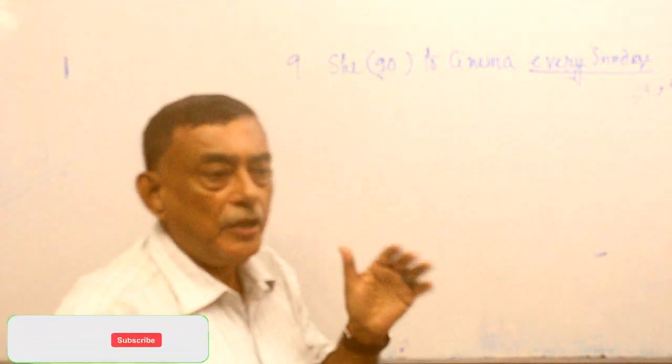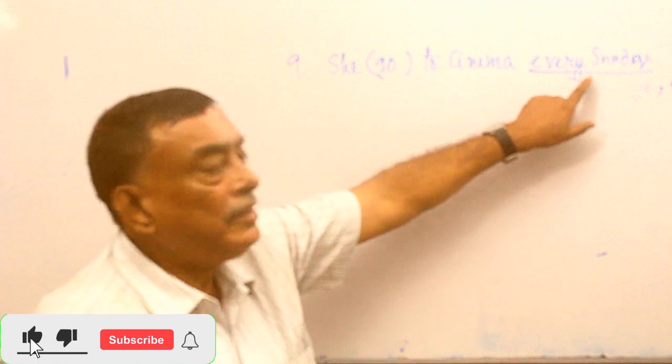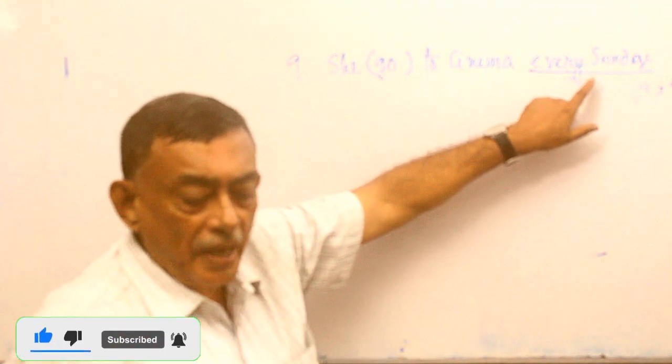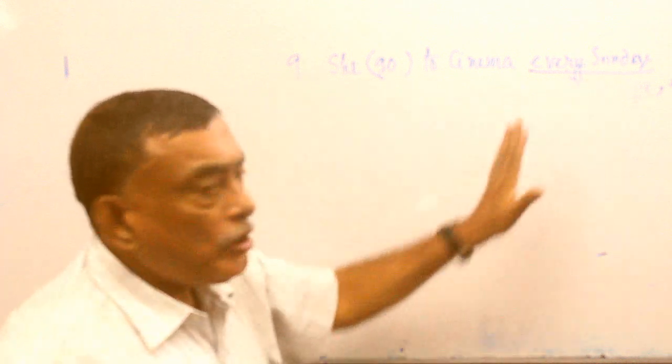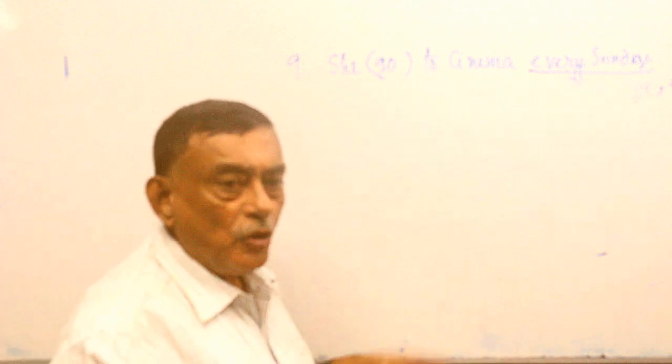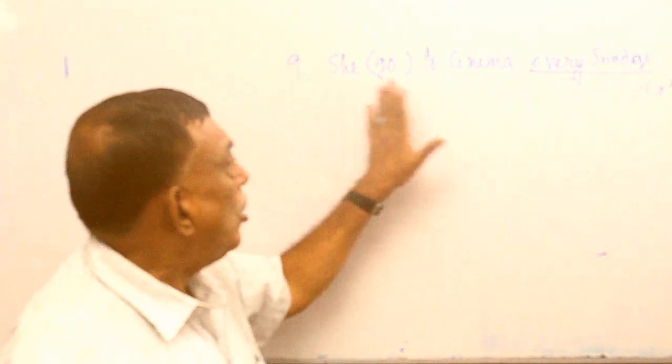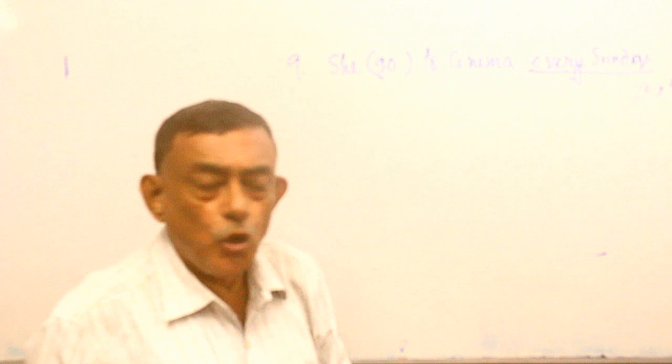If you have studied adverbs very thoroughly, you can find that this is known as an adverb of recurring occurrence, and it shows that you are in the habit of going to the cinema every Sunday. Now, if you know the meaning of the entire sentence, what does it show?